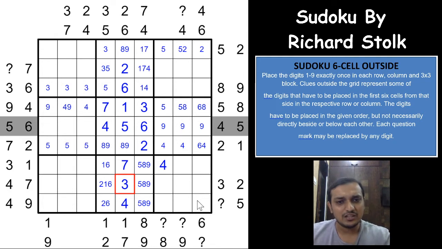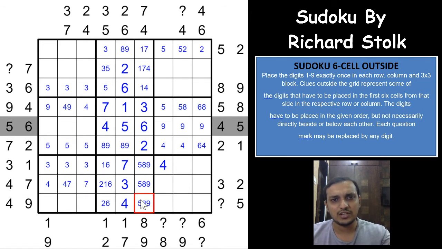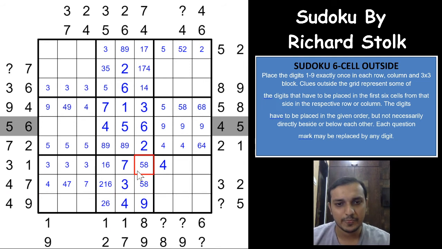And which means that 3 would have to be in one of these 3 cells, because you need a 3 here in one of these 6 cells, and 3 cannot be in any of these 3 cells. Same way you need a 4 and 7 here, right, in these 3 cells. 4 would have to be first 2 digits and 7 would have to be next 2 digits. And here in this 4 and 9 clue, after the 4 you need to have a 9, so this becomes a 9 here now. That eliminates 9 from both of these cells.